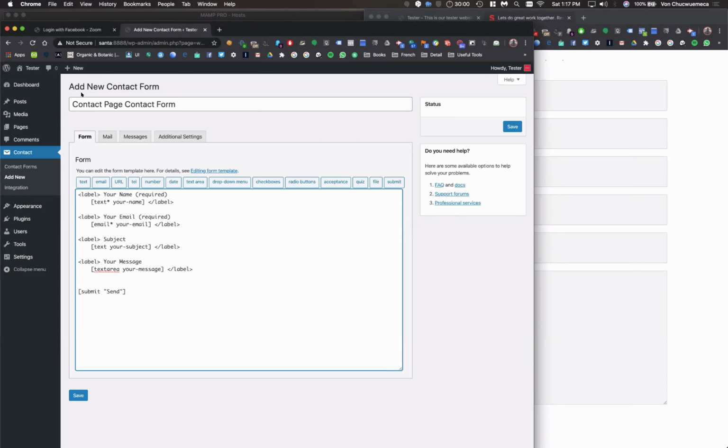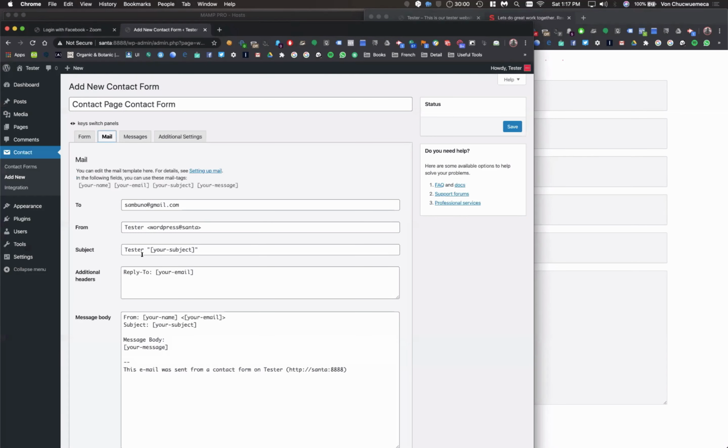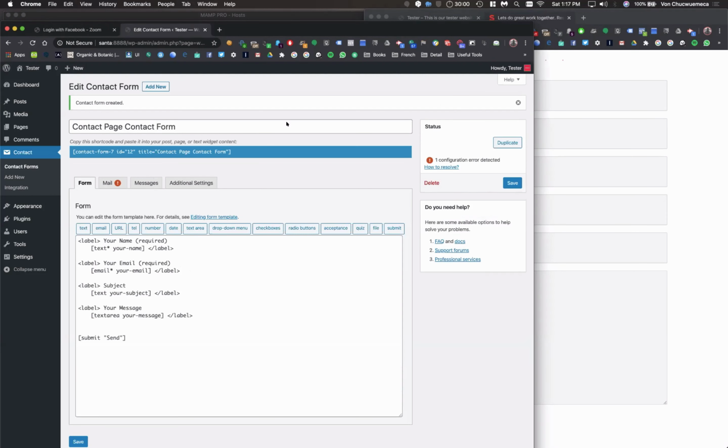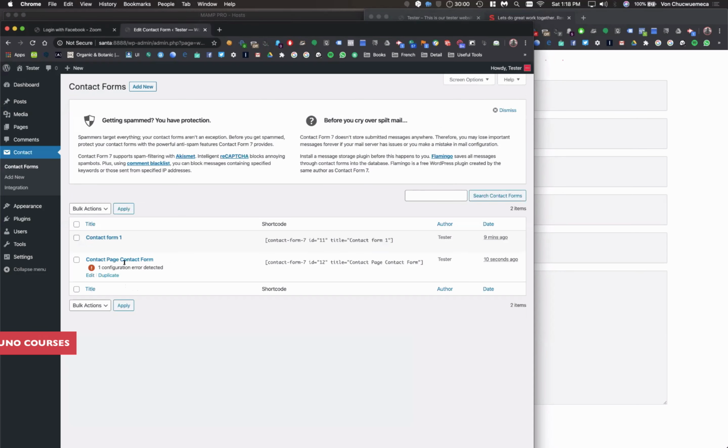I'm going to click Save. And this shortcode is what we're going to add to a page for it to show on our front end. So let's get out of here. So this is the one that we just created. Don't worry about the error detected. But this is the one that we just created. I'm going to copy the shortcode,